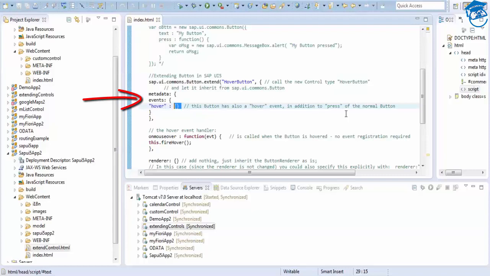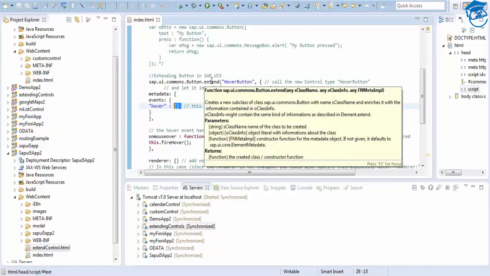They'll be thinking, yes, there is an event already existing, the press event. But when we say extend, the existing properties, aggregations, associations, anything associated will remain as it is. But if you want to add an extra property or anything, here we are adding an event, so we have to declare that event here.